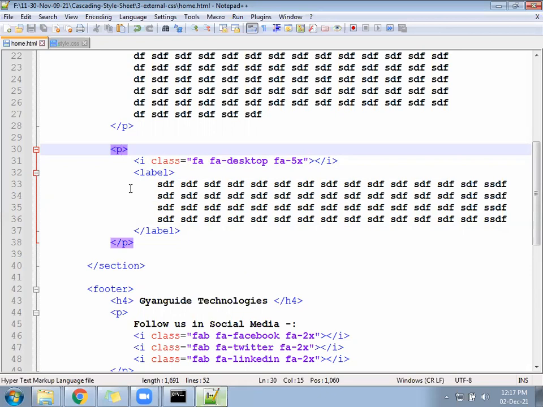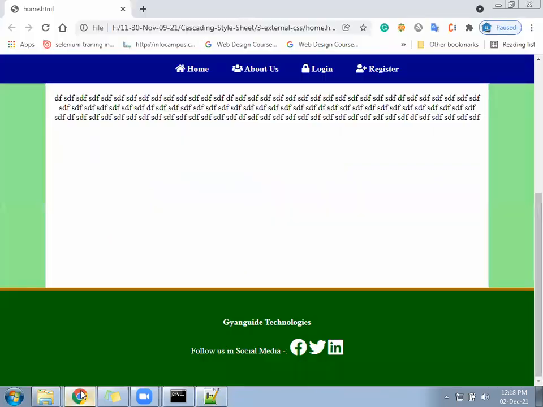So now a desktop icon came, the desktop icon.